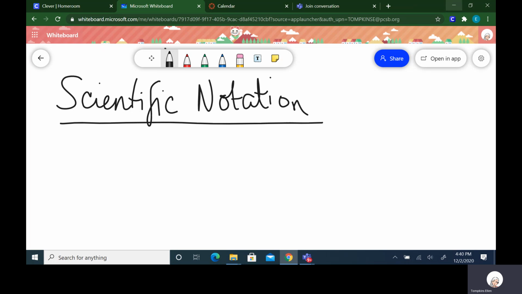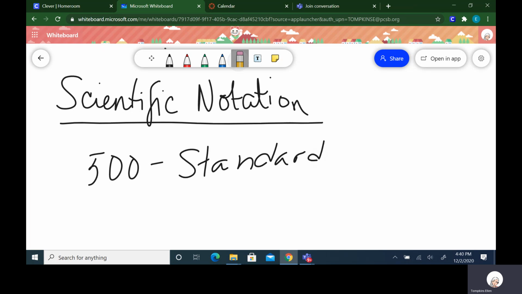What you can do is convert from scientific notation into standard. Standard is how the number normally is. So 500, that's standard